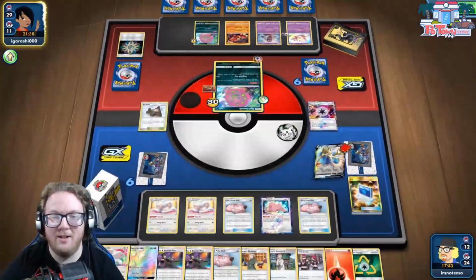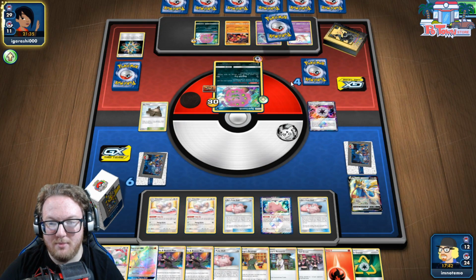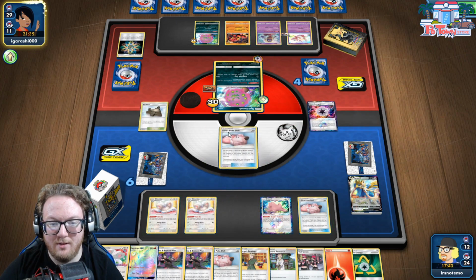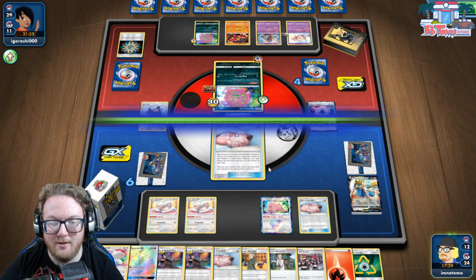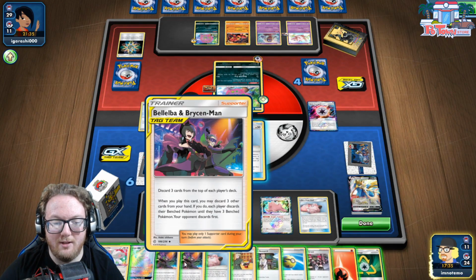29 cards in the deck. This is doable. We can definitely mill them. So they've taken the first blood. It is 2 prizes. Not what I would prefer, but it is what it is. So we send out Lillie's Poké Doll. We have the